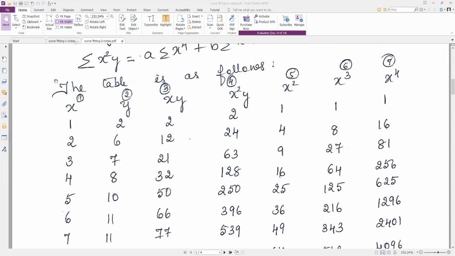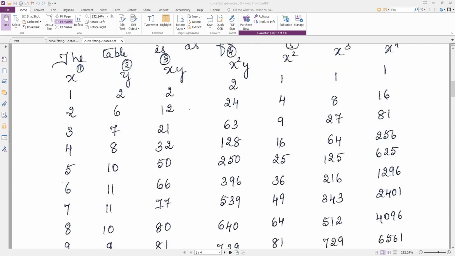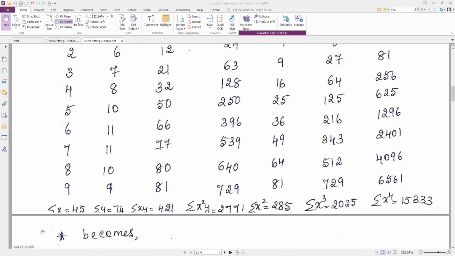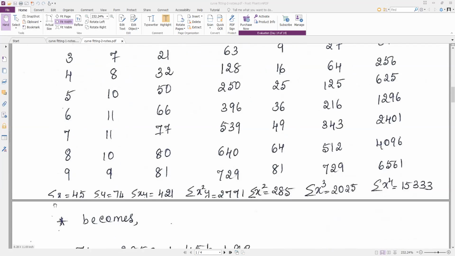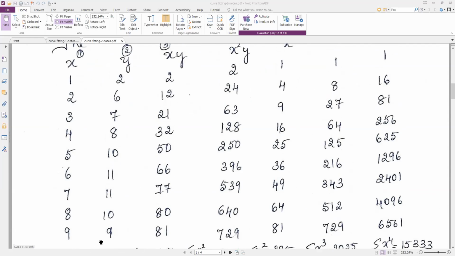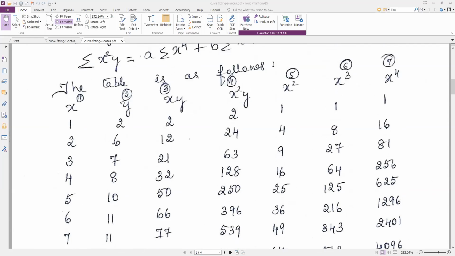Then just press the calculation button, then put x equal to 1, y equal to 2. Automatically all the values will come. When you put x equal to 1, y equal to 2, this value, this value, this value, this value will come. When you put x equal to 2, next time y equal to 6, it will give you these values. Like that all the values will be got in one stretch. Okay, then add the first column, you will get sigma x, sigma y, this one. Okay, this is also easy to get all the values. What you need to do is, in your calculator mode button is there, right? Mode button.